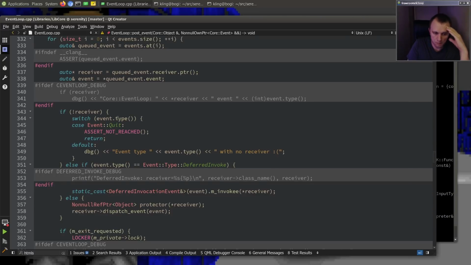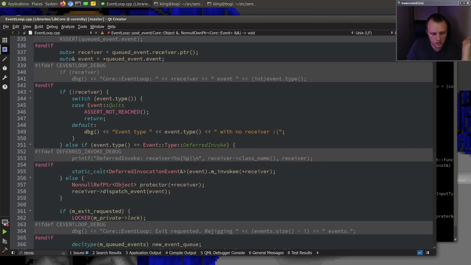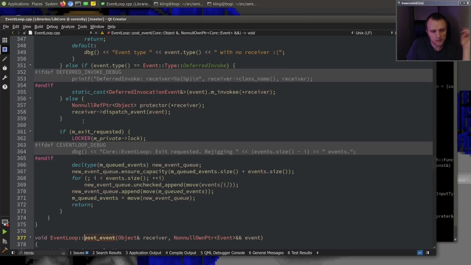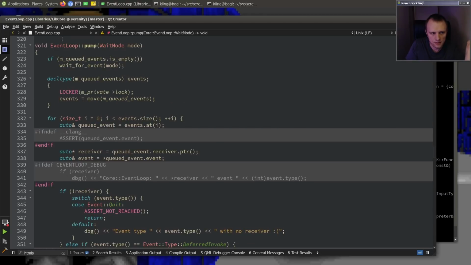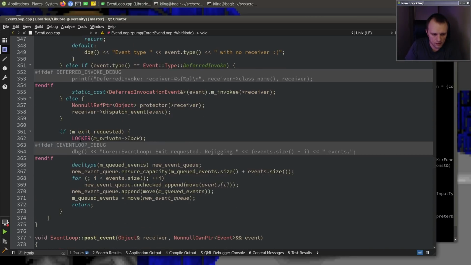And I think maybe what's happening here is that we have that deferred invocation, and when we exit the nested event loop, the outer event loop inherits the deferred invocation event, so that the deferred invocation happens twice, because it happens once in the nested loop and then once afterwards when it's been inherited. So this is when the exit has been requested. This is event loop pump, which pumps the event loop and handles events. And this is where we end up if you call event loop quit, which we are doing. So an exit from this loop has been requested,